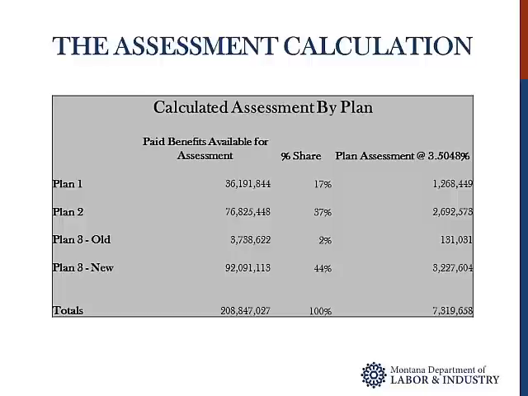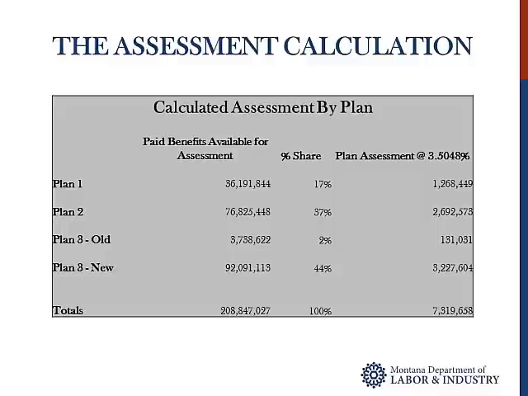The amount of the budget assessed to each plan is the percentage of benefits paid that the plan is responsible for across the Montana Work Comp system. The current assessment methodology most equitably distributes the assessment across all plans by basing their portion of the budget on the percentage of their paid benefits. Plan 1 employers are responsible for 17% of the paid work comp benefits in Montana and are therefore responsible for 17%, or in fiscal year 2016, $1.2 million of the fiscal year 16 budget. Each Plan 1 employer is sent an assessment bill that represents 3.5048% of their individual paid benefits.